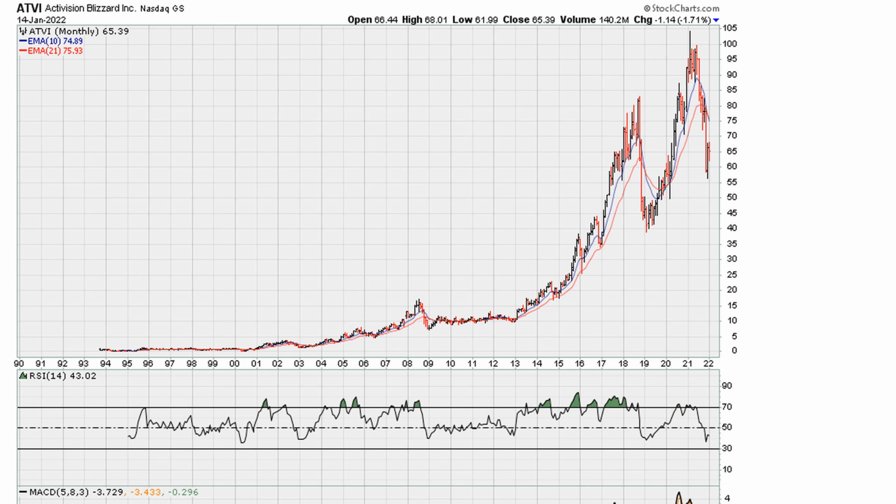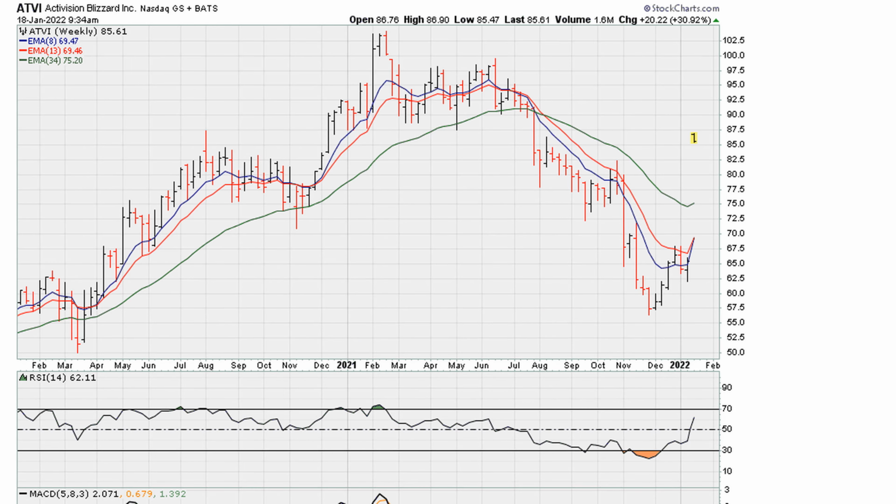All right, so let's take a look at a stock here that is up today as the market just opened about 5 minutes ago. It is ATVI, Activision, and it is a buyout by Microsoft. We can see on the weekly, it just gapped up this Monday morning, up about 30%. Again, it's a buyout candidate.